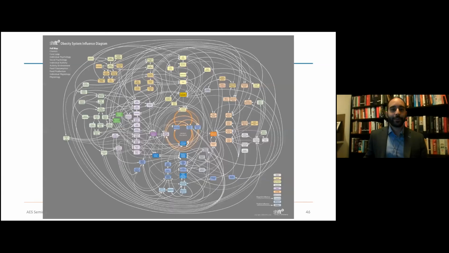In reality, we know, of course, that there's a lot of different things happening. So here's a diagram of a complex system, or a system for obesity. So these are all the factors that affect obesity. You've got your psychological factors, physiological factors, biological factors, economic factors, social factors. So in reality, all programs are going to have something similar like this, and we'll have to make some judgments about how we actually determine the attribution or the contribution of the particular program.